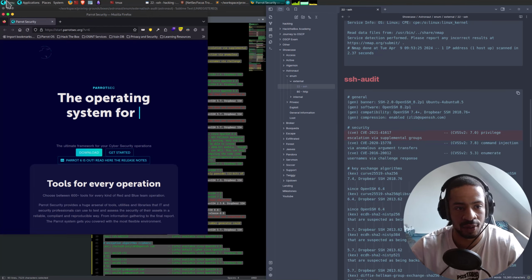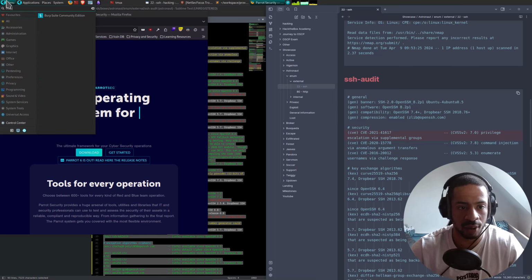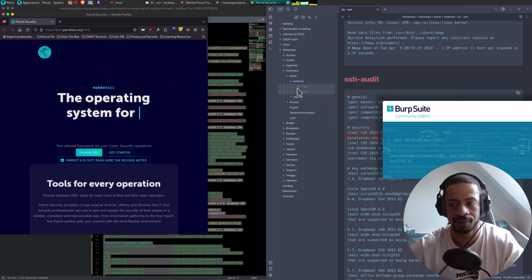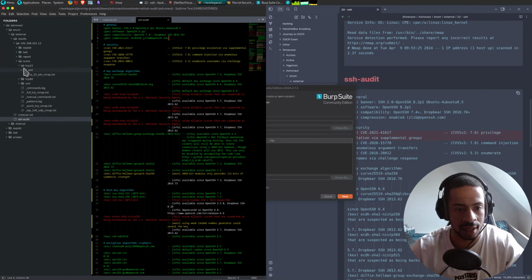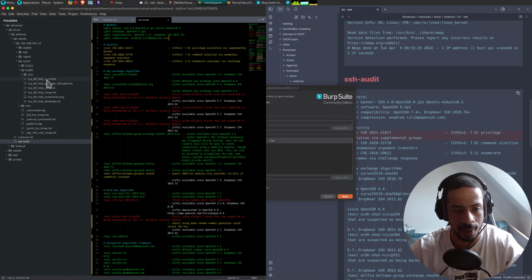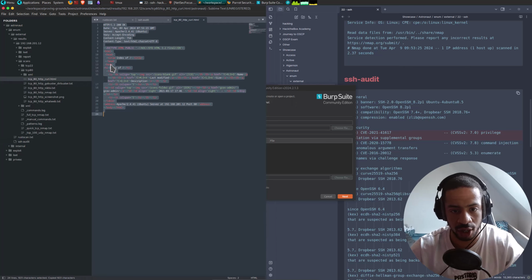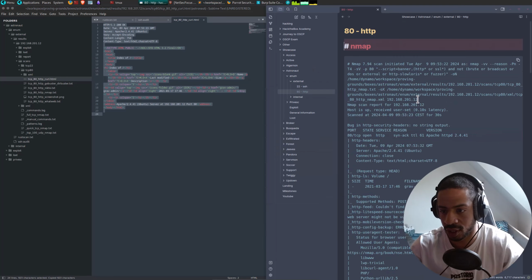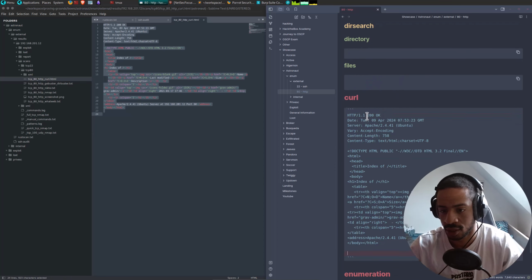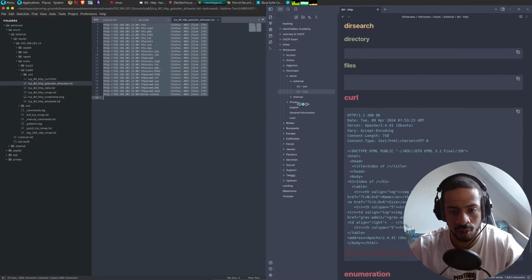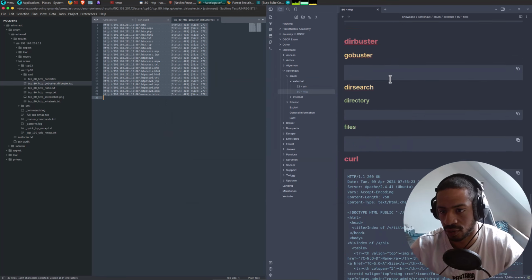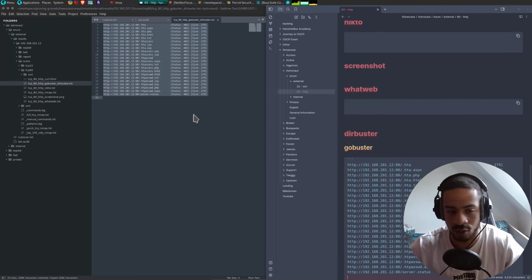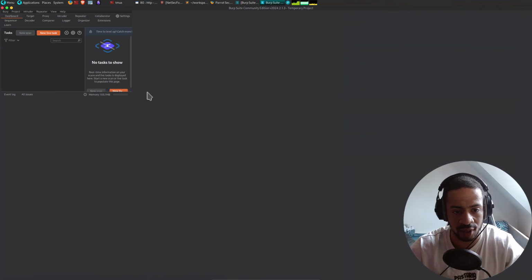So let's open Burp and route everything through that. And let's go to port 80. So we've got curl, no redirection. Then we've got GoBuster. Burp is open. We've got GoBuster, which we will run dirsearch nevertheless.